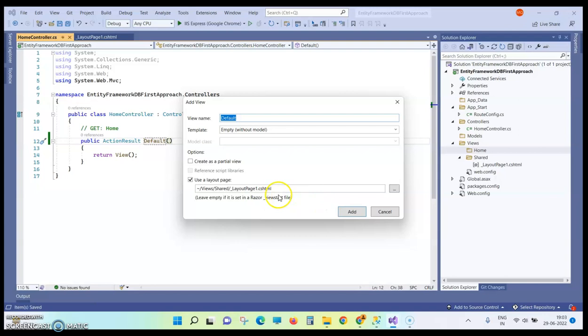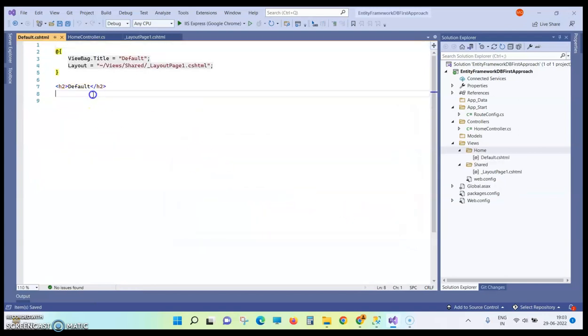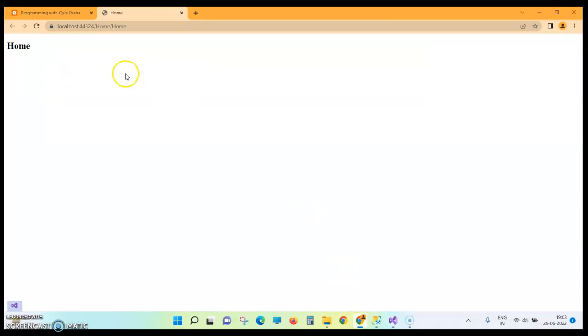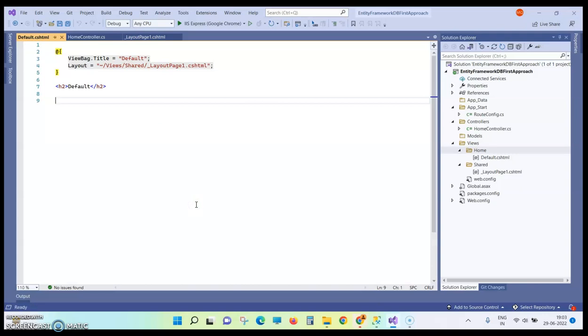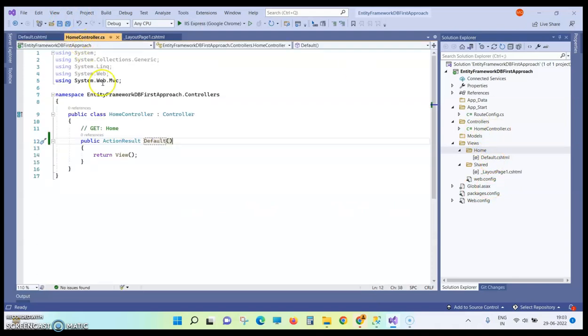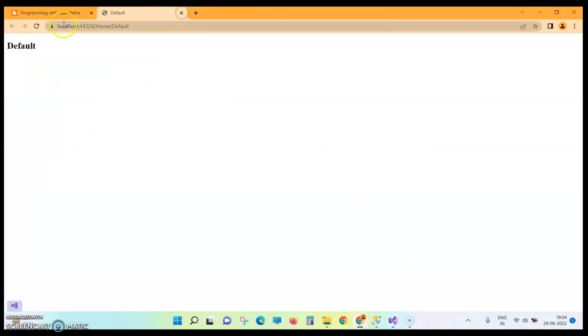Default view uses the layout page. So we have created a default view inside a home controller. This is our home controller, and we have made a default view inside this home controller. So it's a home controller and the view name is default. Okay, let's move forward. Our next step is